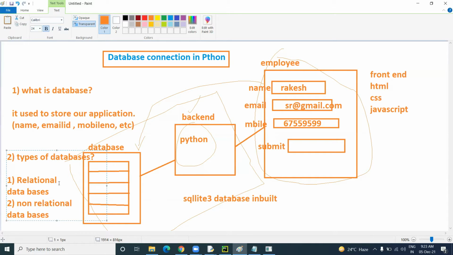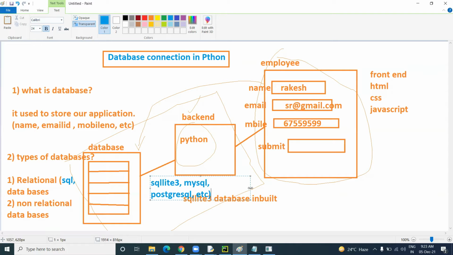So relational databases are nothing but, for example, SQL. SQL is a relational database, as well as MySQL, SQLite, SQLite3, and PostgreSQL. These are all different SQL relational databases.